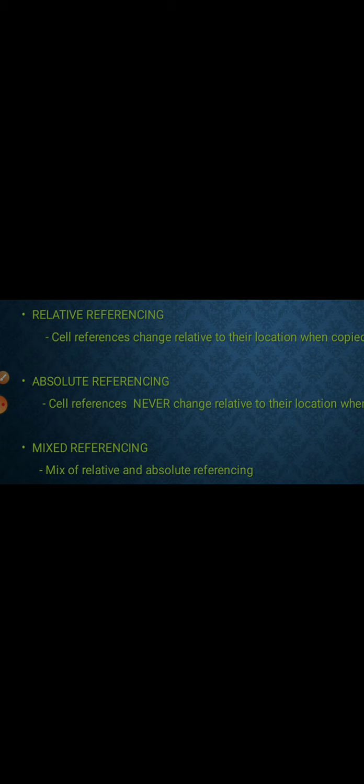But in case of absolute cell reference, the cell references never change relative to the location. If the formula is $A$1 plus $B$1, the same reference will be copied to another cell. It will not be changed to A2 or B2.